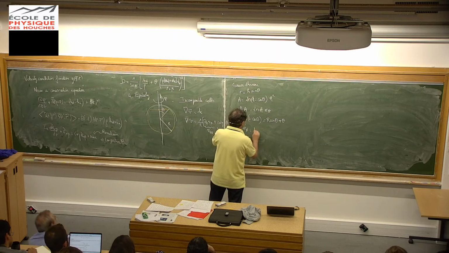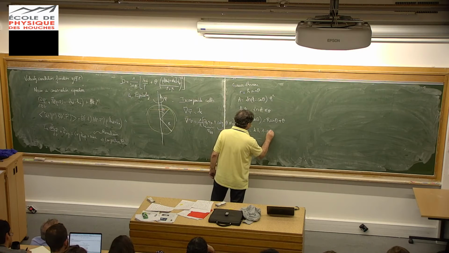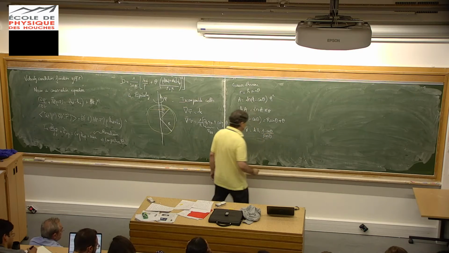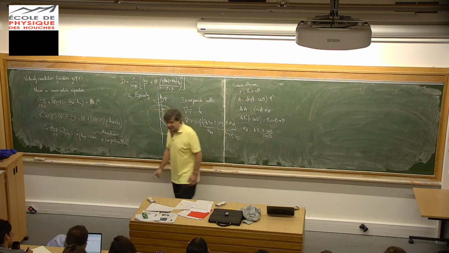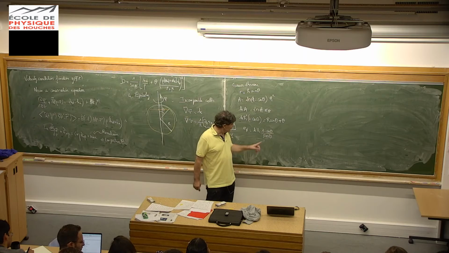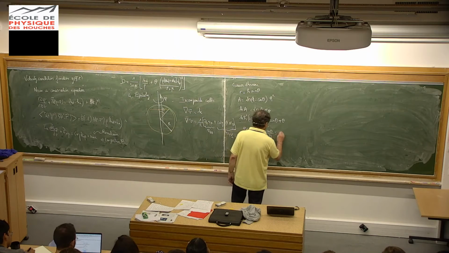So it's K R times 1 minus cosine theta over sine theta, and this is 2 sine squared theta over 2. This is 2 sine theta over 2 cosine theta over 2. So this is KR